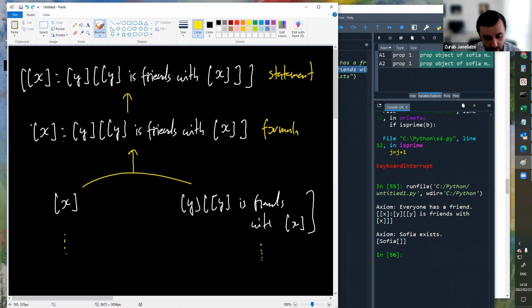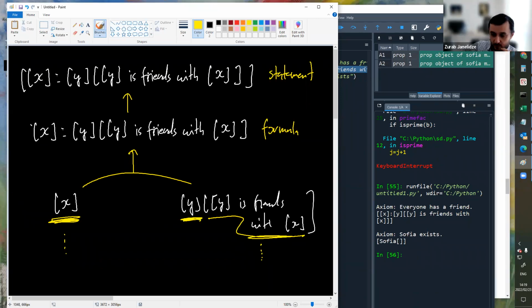So we're told that whenever the left-hand side is given to us, when the left-hand side is stated, right? The right-hand side can be derived from it. But what is the left-hand side? It's a variable X. So it could have any value, right? So we're basically told that whenever we are given X, it will be possible to give Y such that that Y will be friends with that X.